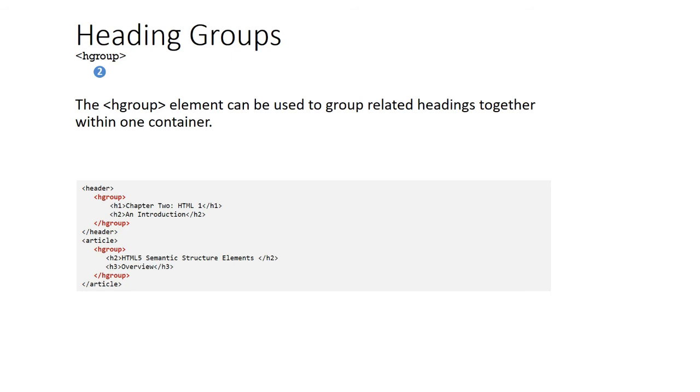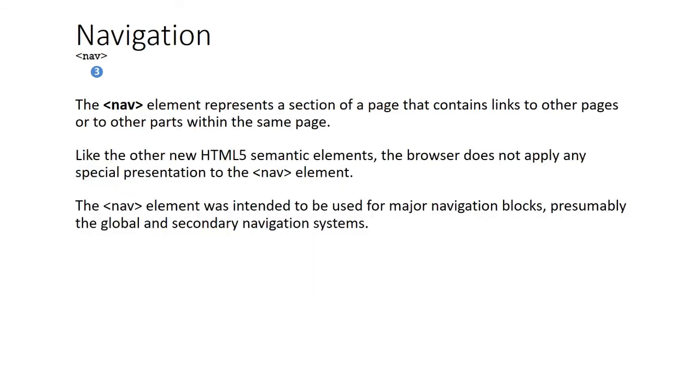Now this is again one of the more important elements, called navigation. Why is navigation an element? In any web page, linking is important. For that linking purpose, the option you have is the nav element. The nav element represents a section of the page that contains links to other pages or to other parts within the same page. You can link to any other page, and even within the same page you can link to another division or another section of the HTML.